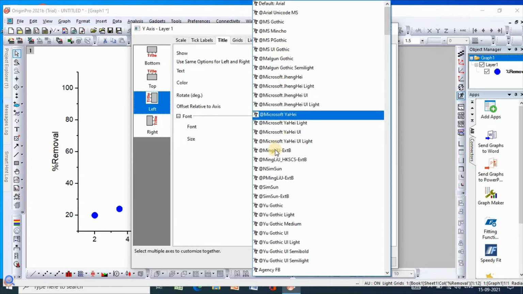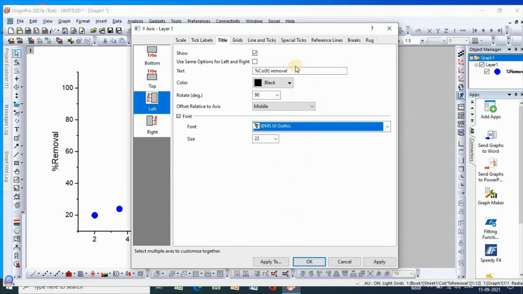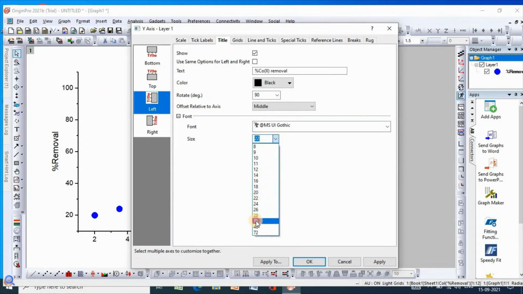For example, I would like to make it this one, and you can also change size, make it for example 36.